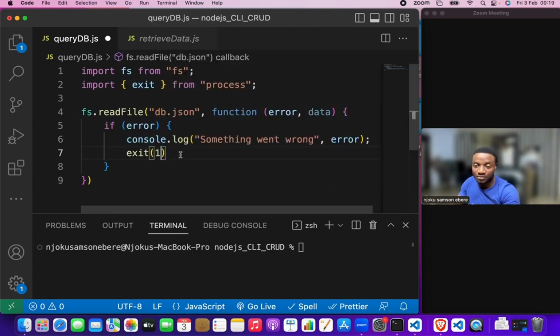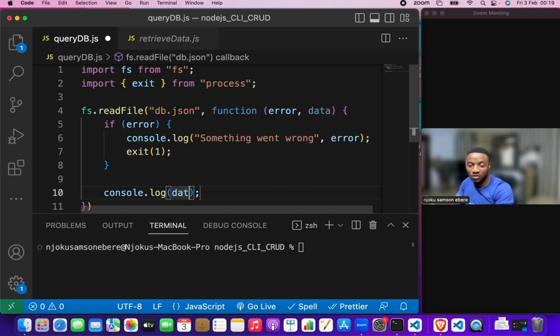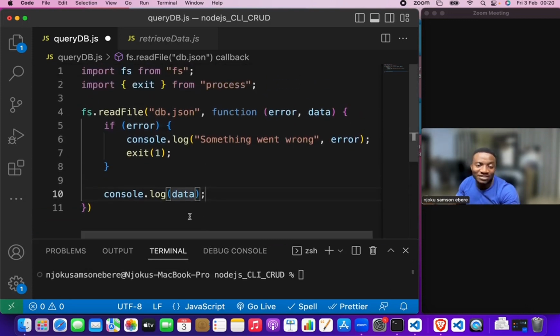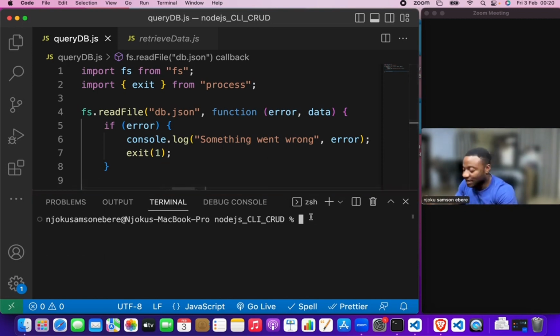All right, then assuming that everything goes well, let's log the data to the console. So we just put in data here, and that is it. This is all you really need to read the file. And we're trying to read the db.json file. So what will it tell us when we try to run the file? So let's do node